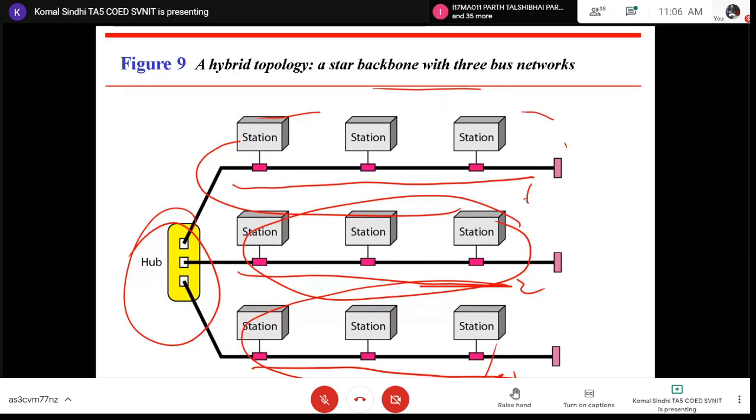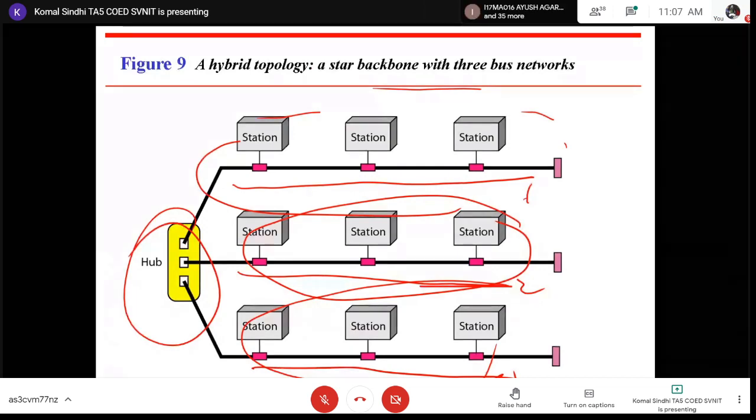What other combinations may be possible for implementing a hybrid topology? Now, as this is a combination of star topology and bus topology, what might be other combinations?